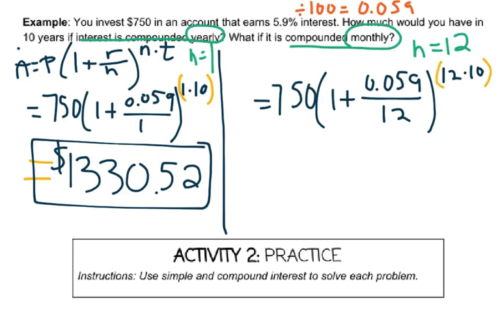And again, make sure you use parentheses. So when I plug this into the calculator, I get parentheses, or exponent parentheses, 12 times 10. You should get